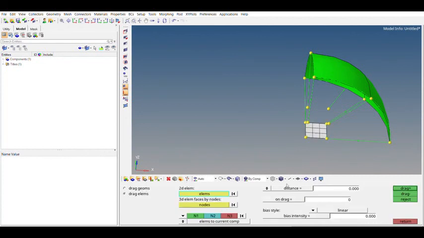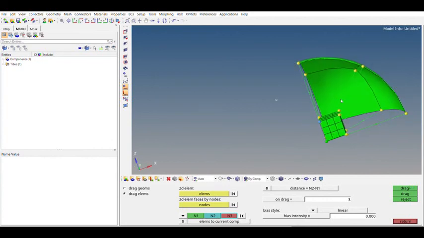I will select the elements. I will go to direction. I will define n1 direction and n2 direction. For distance, I prefer going to the n2 to n1 direction. On drag, I'd use 3 nodes because this is a cube. So I will do the drag plus, and I can see it is perfect.